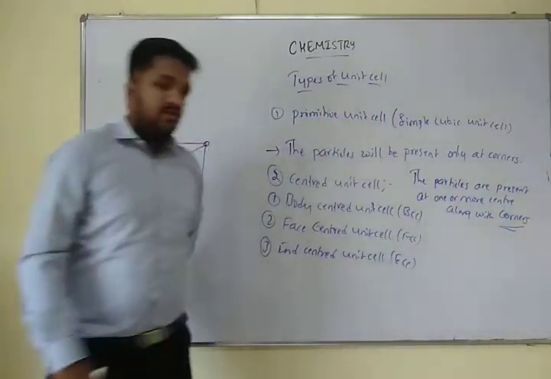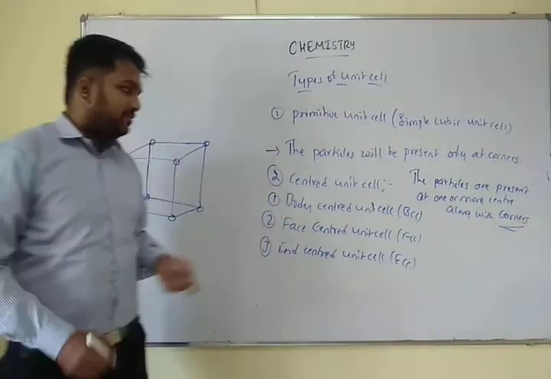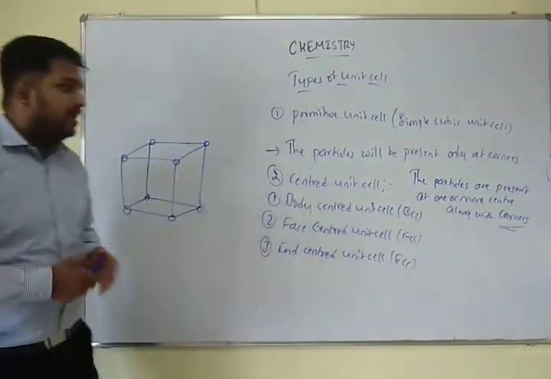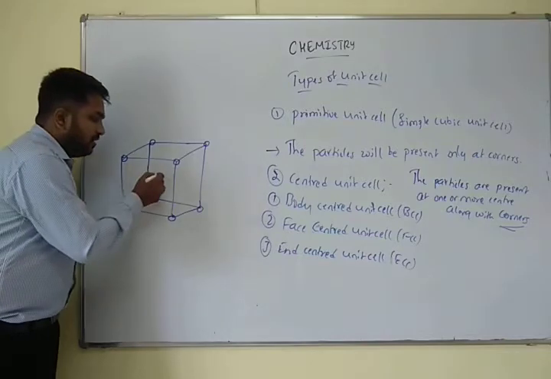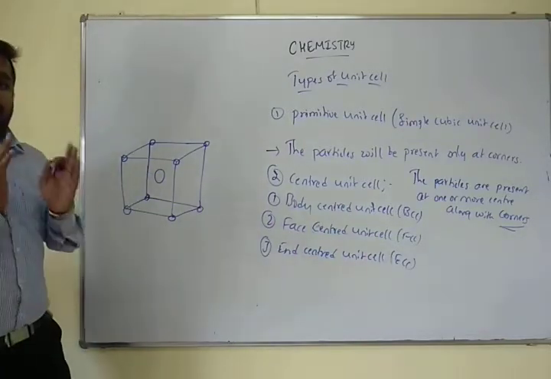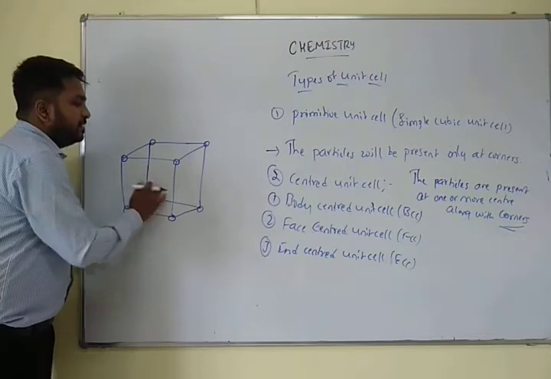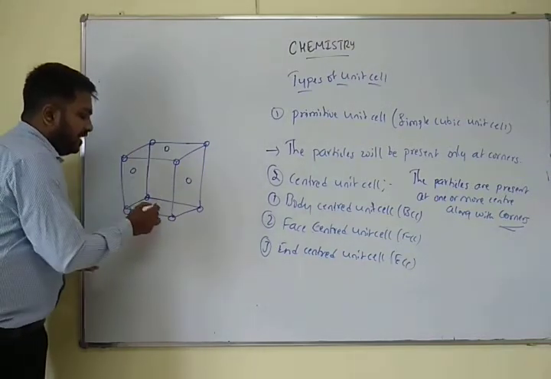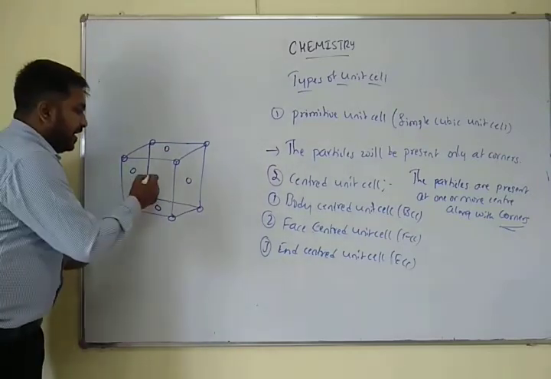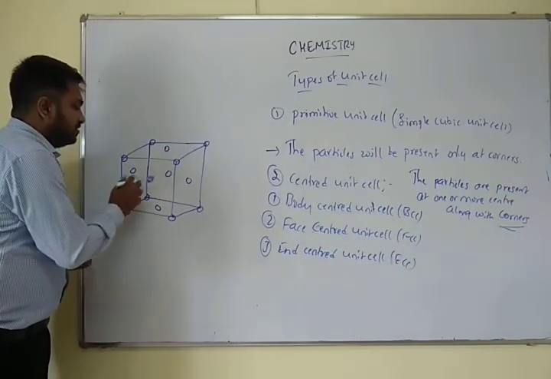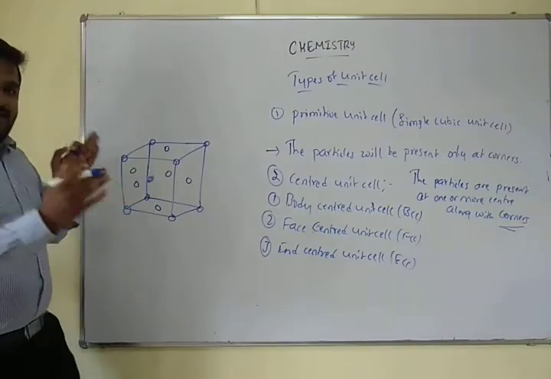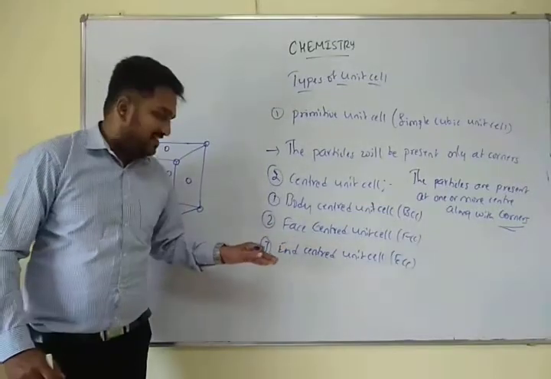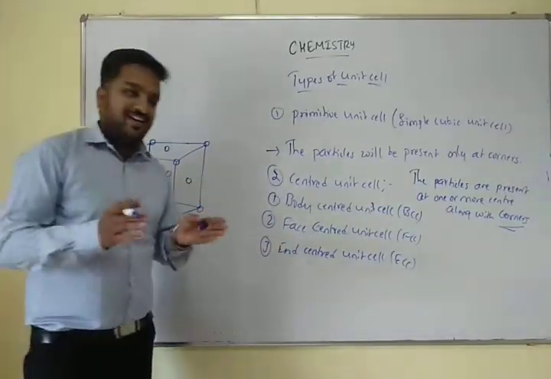This type of unit cell we call it as centered unit cell, and we have other three types: body centered, face centered, and end centered unit cell. And I have said you, in the body center, along with the corners, the particle will be present at the center of the body, whereas face centered means the particles will be present in this side, this face, and the upside down face, and the front and back. You need to imagine front and back, this side, and this side. So we call it as face centered unit cell, and end centered means along any one of the direction.